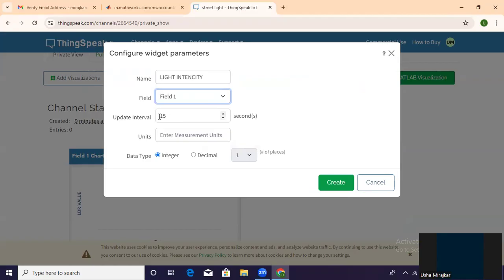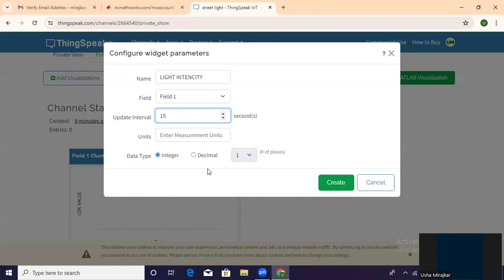As we can see, the default value is 15, and the minimum is 15. We can increase this value. It means whenever the data changes here, it will take up to 15 seconds to show that result. To update the values for the given input, it takes 15 seconds minimum. We can increase the time slot also. Let it be 15 seconds here.